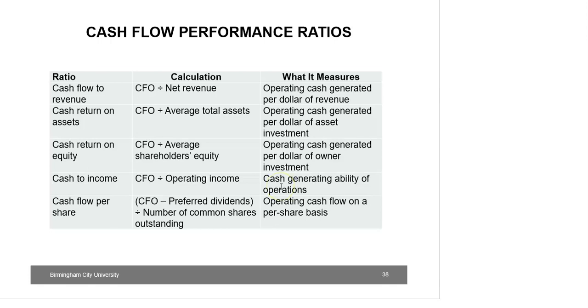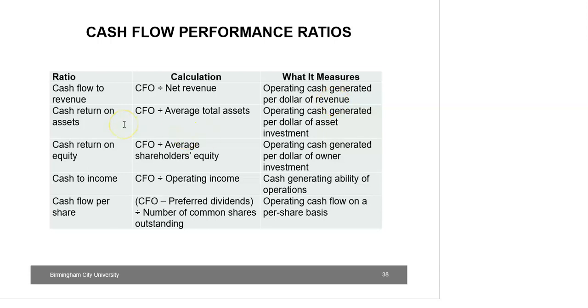Cash flow based ratios provide information to the analyst that help him better understand the company's past performance and also develop expectations about the company's future prospects, particularly related to valuation of the firm and valuation of the equity of the firm. The cash flow from operation is considered as a proxy of cash income. The ratios here use cash flow from operations relative to another financial item, to measure the cash return to the firm. For example, the cash flow to revenue measures the operating cash generated per dollar of revenue.